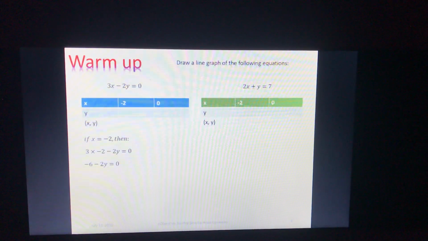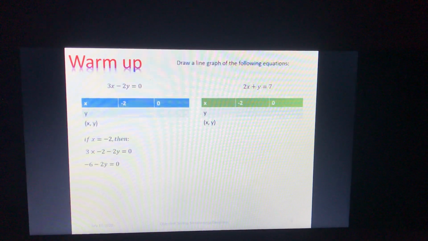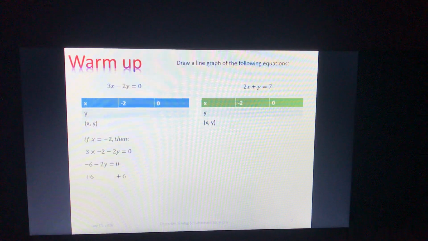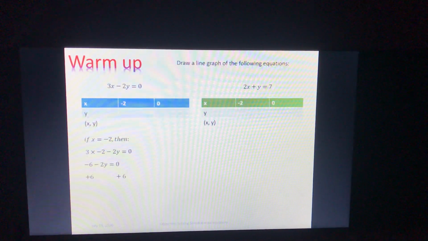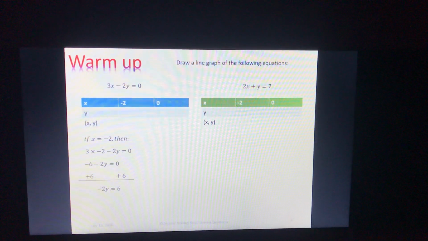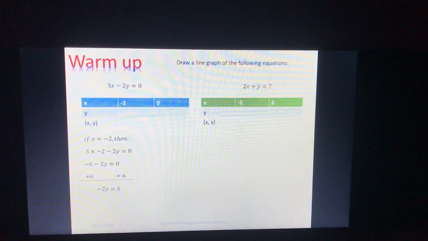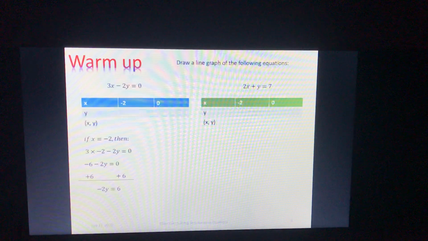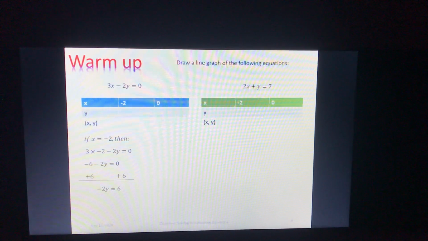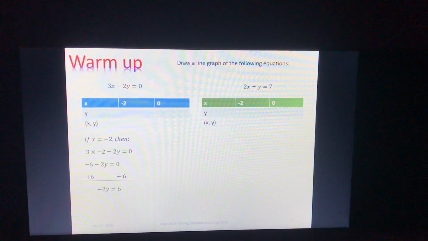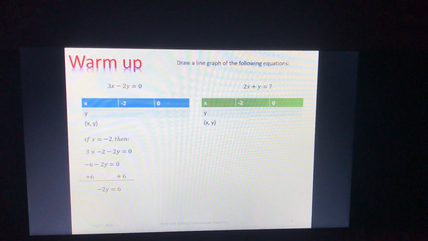Now we can apply the opposite operation. So +6 on both sides. So the -6 is cancelled on the left side of the equation, and 0 plus 6 is 6. -2y will come down. So we will end up with -2y is equal to 6. Get rid of the coefficient of y by dividing all by -2. So the coefficient of y is -2. We get rid of it by applying the opposite operation